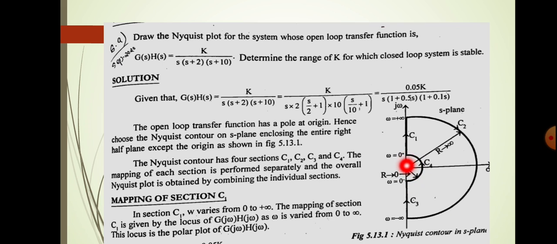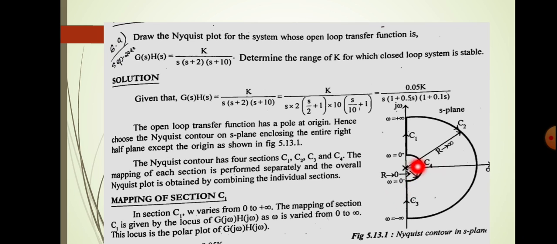Let this point be 0 plus, this axis is the omega axis and this is the real axis, and this point is 0. Then in the case of C1, omega varies from 0 to infinity. In the case of C2, this is a circular portion, and we are assuming that its radius is infinite, that means r will be infinity, and its argument or phase varies from plus pi by 2, this axis represents plus pi by 2, to minus pi by 2. Next we will take the section C3, and in the case of C3 omega varies from minus infinity to 0 minus,